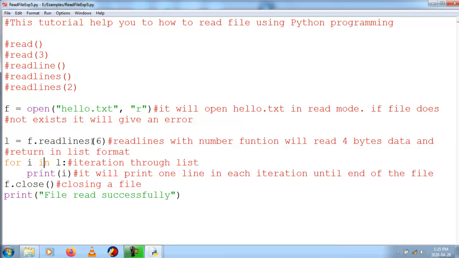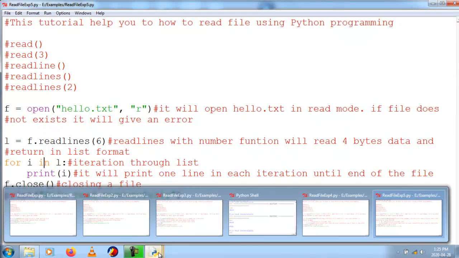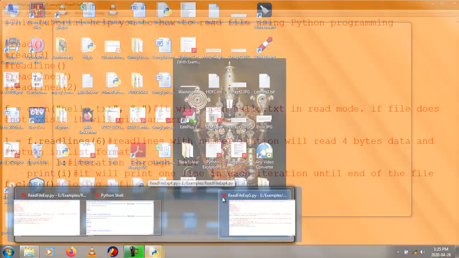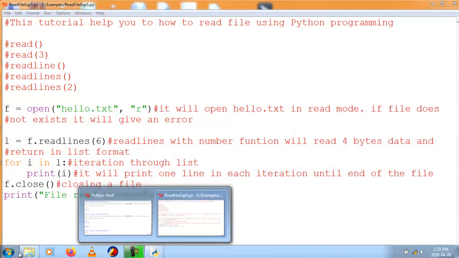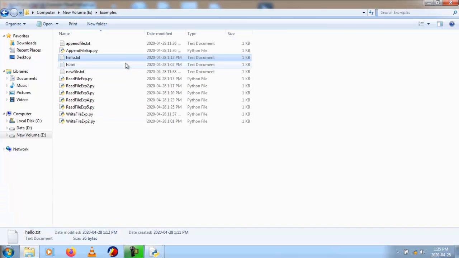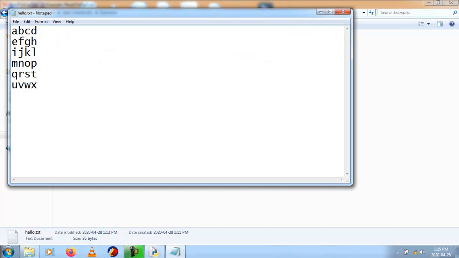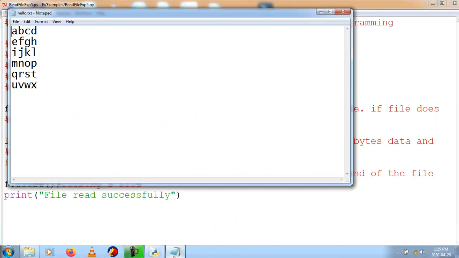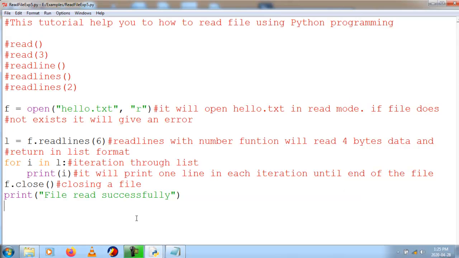Let's look at my file, hello.txt. The first line contains 4 bytes, and after that I have one more byte called new line, making 5 bytes. So the 6th byte onwards is the second line. Whenever the 6th byte is started, I need to read the 6th byte, so the entire line will get printed, even though it is less than 10.